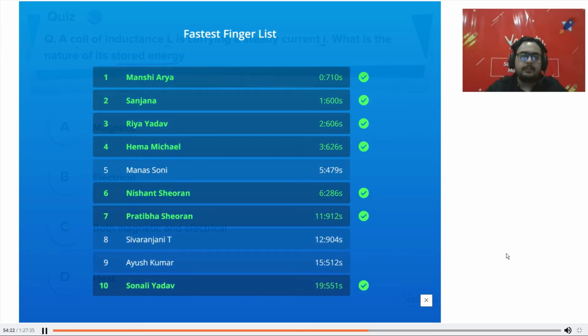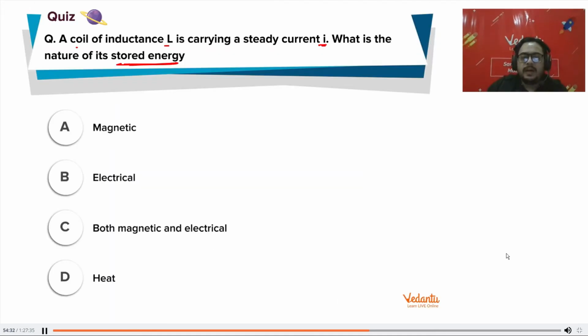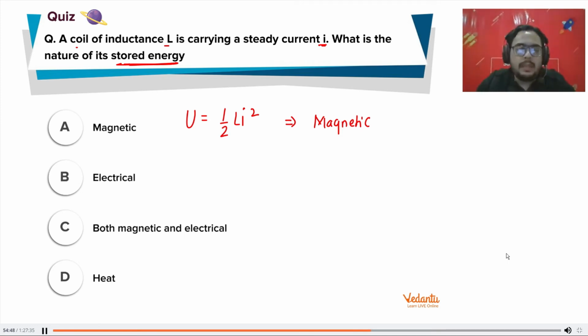So Sherdil, Mayank, Gautam, Nagnath, Shirin, Yuvraj, and Sarvesh are correct. Only 66%. Arey, I told you also. The energy stored is half L i square, and the energy is in magnetic form. Magnetic energy is stored. I told you capacitor stores electrical energy, inductor stores magnetic energy. Any doubts? Any doubts in this? Please let me know. बोलिए बोलिए बताइए.